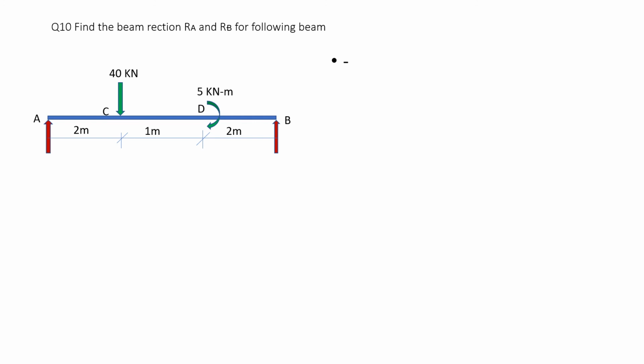So how we write RB is equal to, now the first force is 40 kilonewton. RA is not in picture because moment of RA about A is 0. RB is equal to 40 into distance from A is 2, right hand side going down, positive. Now this is a clockwise moment, so clockwise moment we take it positive, so directly take 5. So 40 into 2 plus 5, put it in the bracket, divided by distance between A and B, which is 5, so divide by 5. So take the calculators in your hand, bracket open, 40 into 2 plus 5 bracket close divided by 5 is equal to, you will get the answer 17.